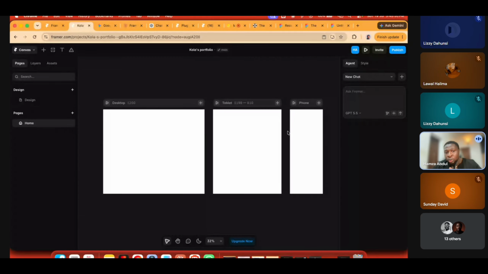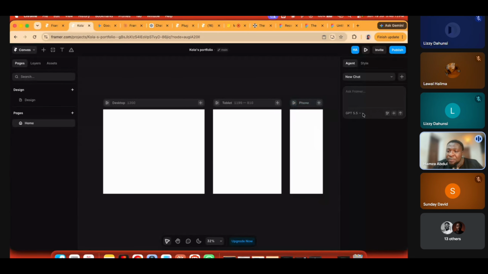So for this example, we are going to be using maybe Gemini or ChatGPT to create a PRD, and then we will also add some screenshots that we want the AI to take inspiration from to build this.